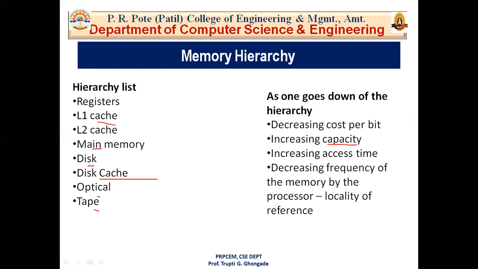Then main memory. Now we know that main memory in the computer is nothing but the memory unit in the CPU that communicates directly. So it is the main storage unit of the computer. This memory is fast as well as large, used for storing data throughout the operations of the computer. And this memory is made up of RAM as well as ROM, that is random access memory and read-only memory.